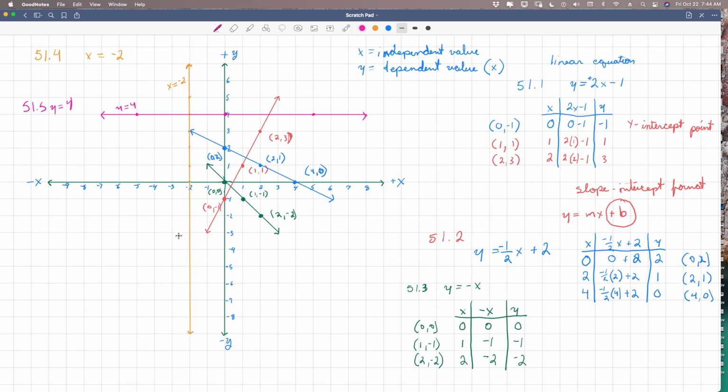All right, let's see if we have one more. All right, since we only have one more, I'm not going to draw a new graph for that. I'm just going to pick a completely different color. Let's do purple. We haven't done anything purple. So let's do this one. We are going to graph y equals 2x. All right, so this is 2. We have for 51.6, we are told to graph y equals 2x